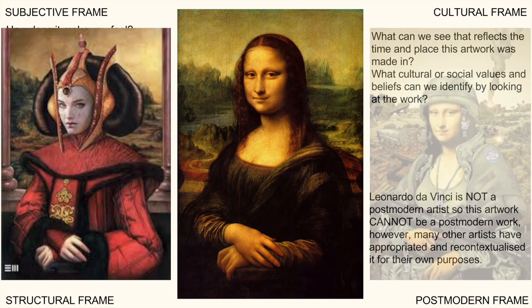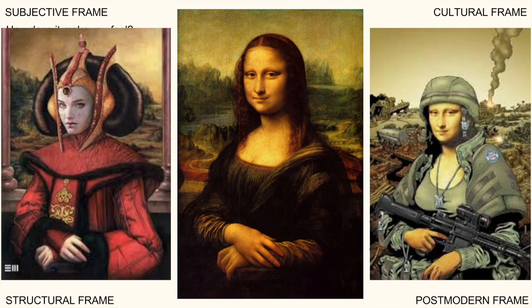If we shift across to the example on the right, we have again a very clear reference to the Mona Lisa. In this case, we still see the Mona Lisa's face, but the artist is making a very strong comment about war, about the destruction of the landscape, and this time we've got a female Mona Lisa, rather than being a compliant individual sitting and being observed. We've got her holding a gun, finger on the trigger, ready to aim if she needs to. So we start to get a totally different interpretation of what this artwork is about.